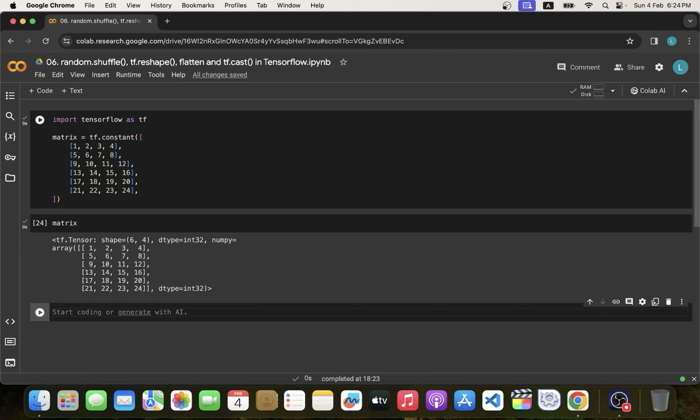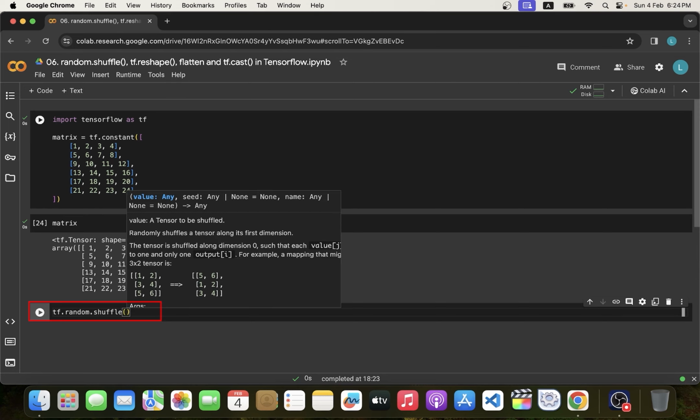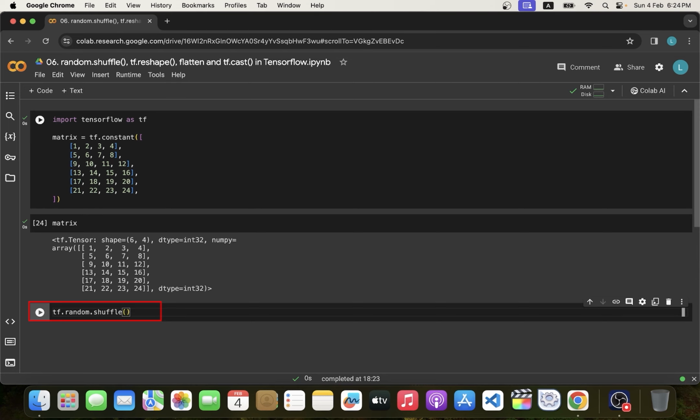But what if we need to shuffle this data? Yes, we can do that. We can do that using the shuffle method of random module of TensorFlow. So tf.random module and the shuffle method. And here simply we have to pass the matrix or vector or tensor, whatever we want to shuffle, as method argument. So matrix,